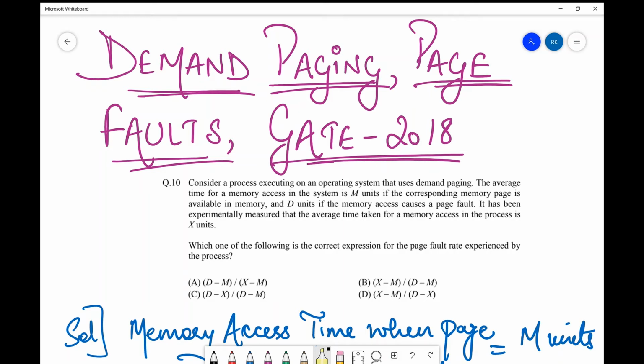So today in this session we are going to discuss a demand paging question which is of a different pattern. Basically over here they have asked you in a formula based approach. I had discussed a previous question on the same pattern in my previous video, which you can view in the suggested videos above.